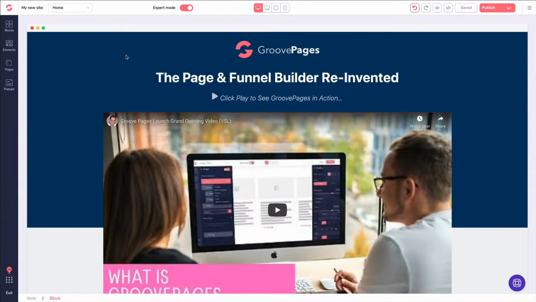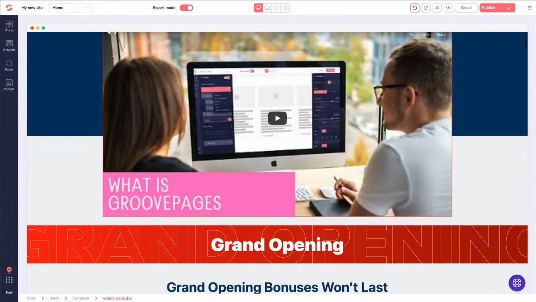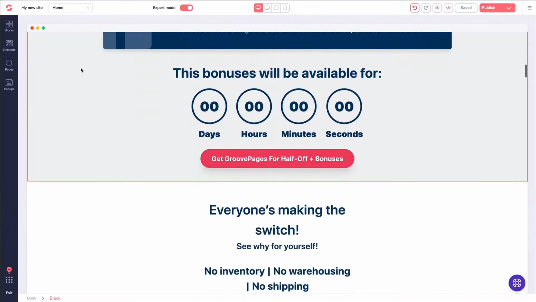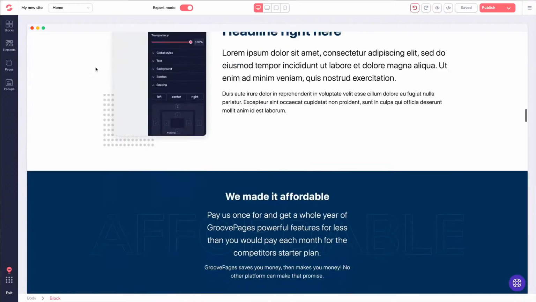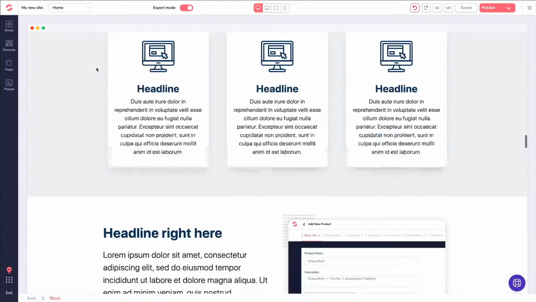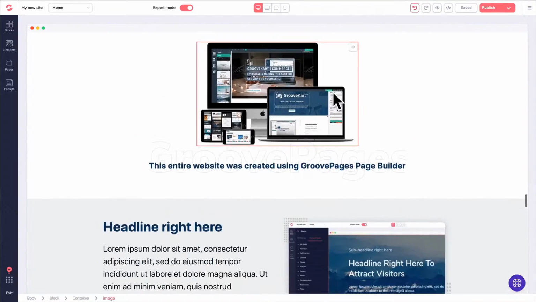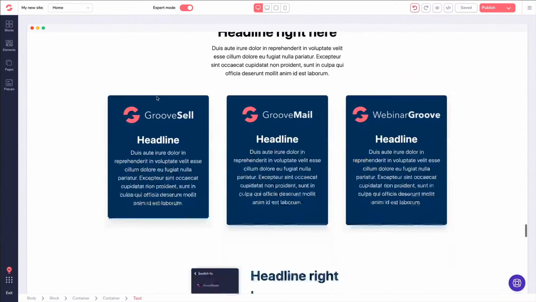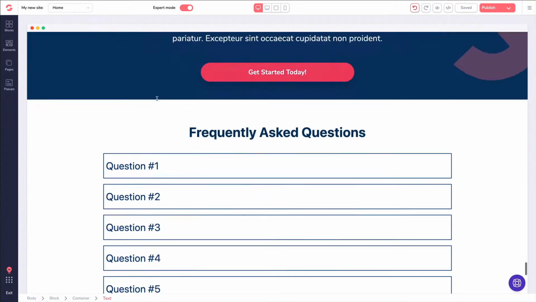And now you're seeing basically what I used GroovePages to create, the website GroovePages. So this is a template before I did all the work that you're actually seeing now. I had it laid out and I brought over some different things, and I used some elements from some previous websites as placeholders, like you're seeing here, some GrooveCart images that we had in the past. But you can see how gorgeous a website can be made with GroovePages when you do a little bit of